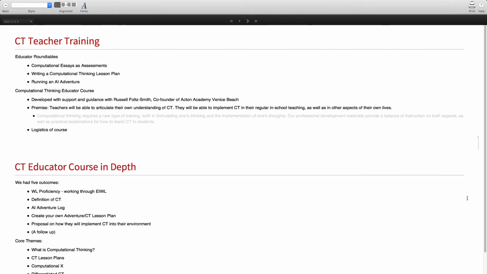And to go into a little bit more depth about who these participants were, none of them had any Wolfram Language experience. They all said, I care about my students. I want to be able to provide a learning experience that will impact and matter to them, and I know that computational thinking is going to be one of those skills that's going to be relevant to their lives. So what can I do, and how can I be supported? So we decided to build this course around five outcomes.